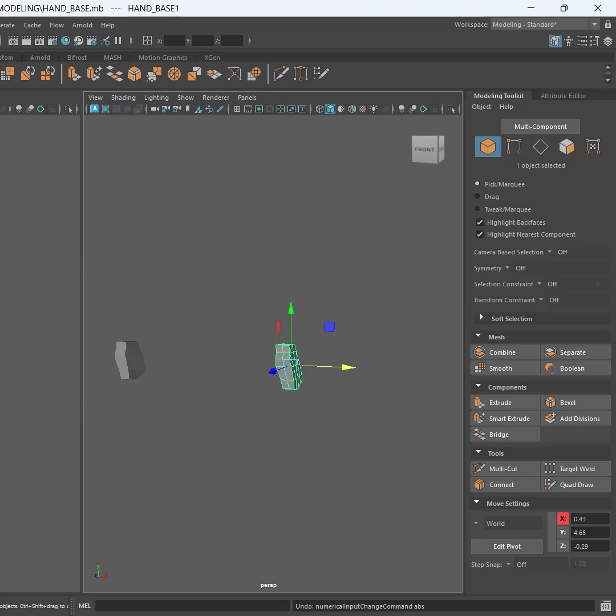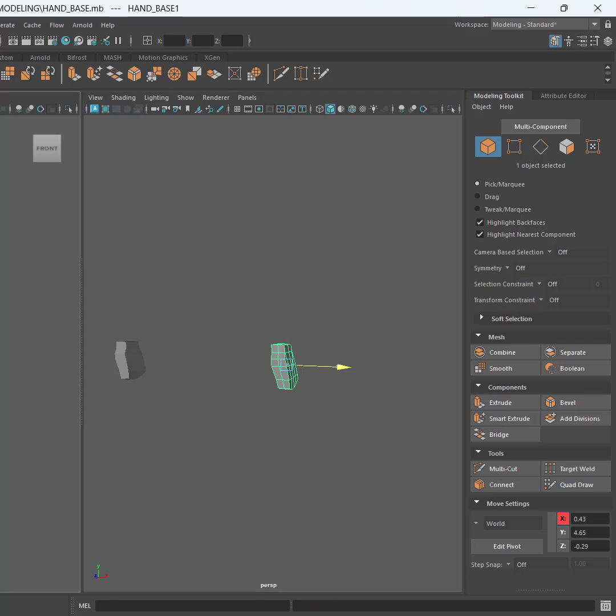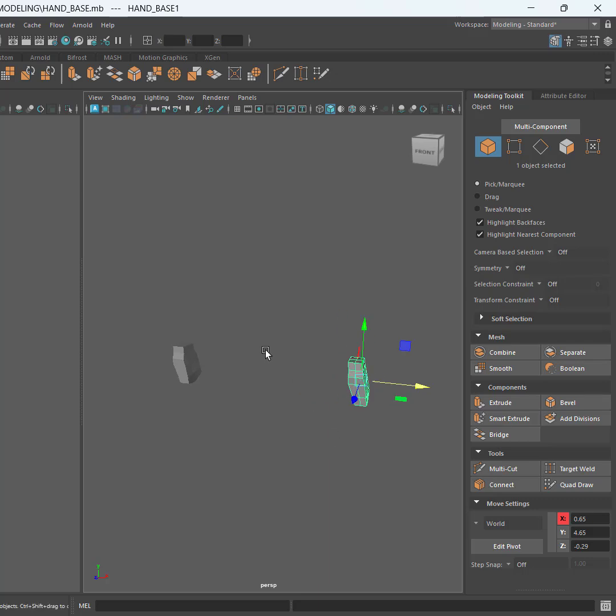Wait, I think it's 0 here. Oh, sorry, my num lock is off. So 0 on the x-axis there. But I need to move it now as per my reference. Saving work. So now I have my working object, and this is my scene backup object,